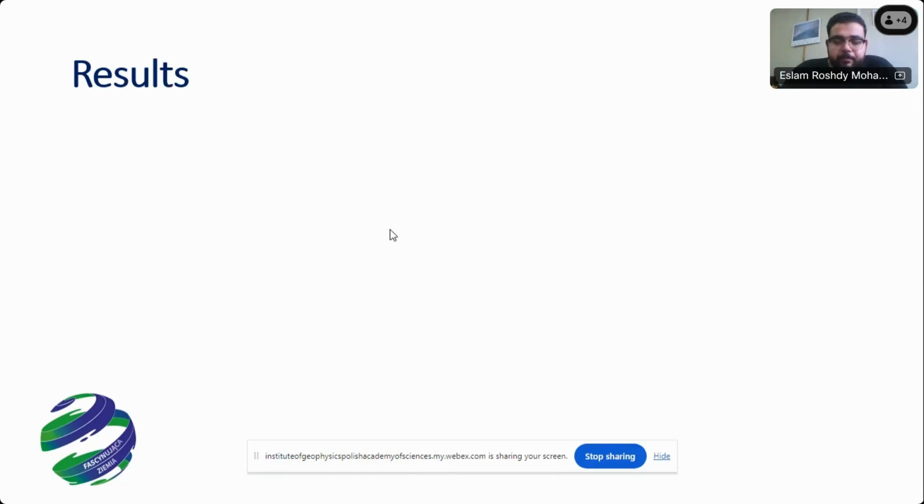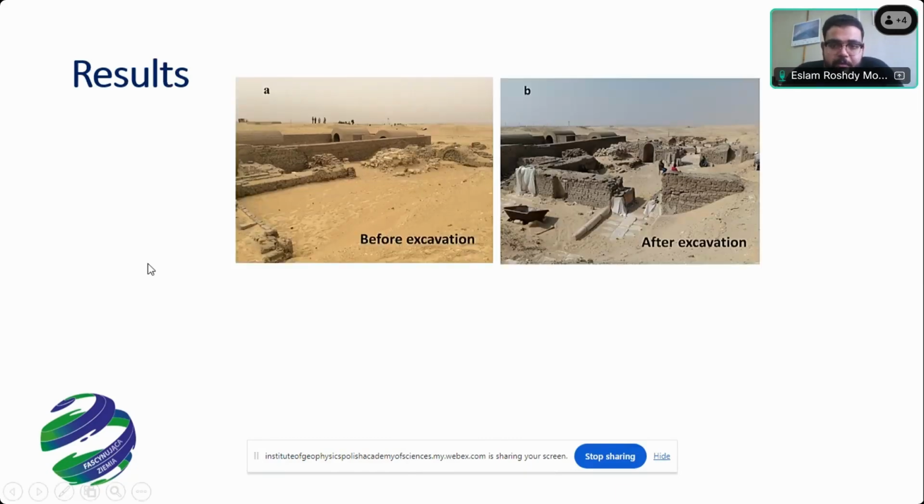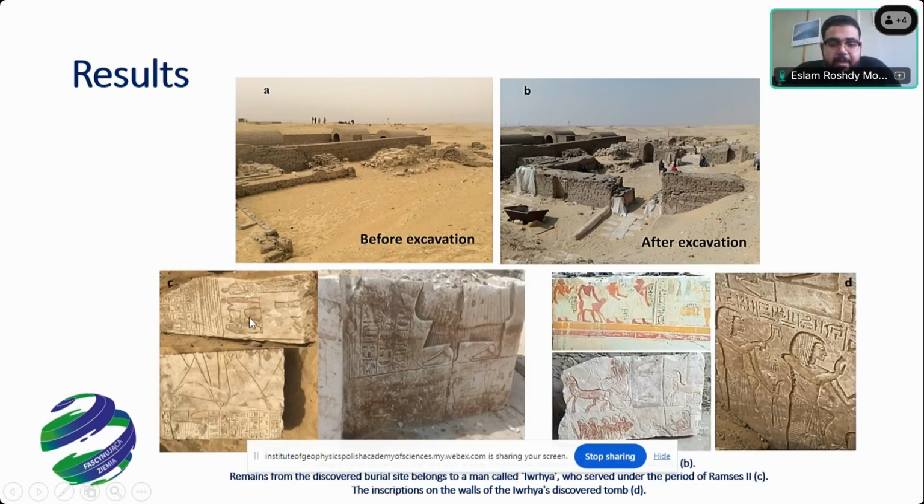After studying this area and interpreting the data, we drilled in this area, and this is the comparison between before excavation and after. We found in these walls remains from the discovered buried site belonging to a man called Urahi, who served in the period of Ramses II. This is the inscription on the walls of the discovered tomb of Urahi. When we compared this, we found this tomb was buried about